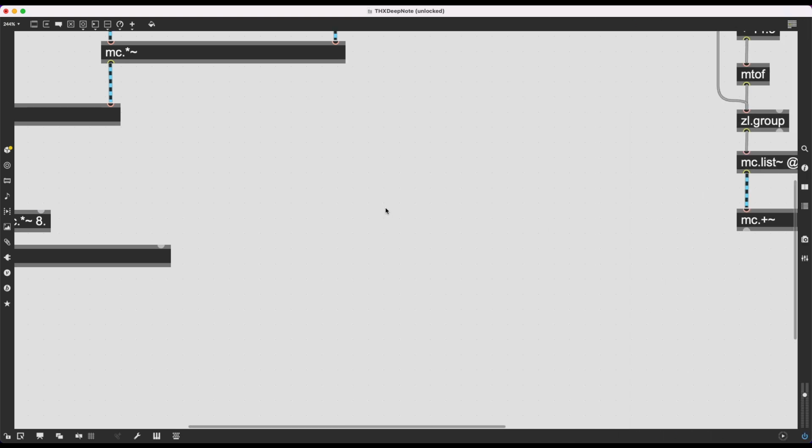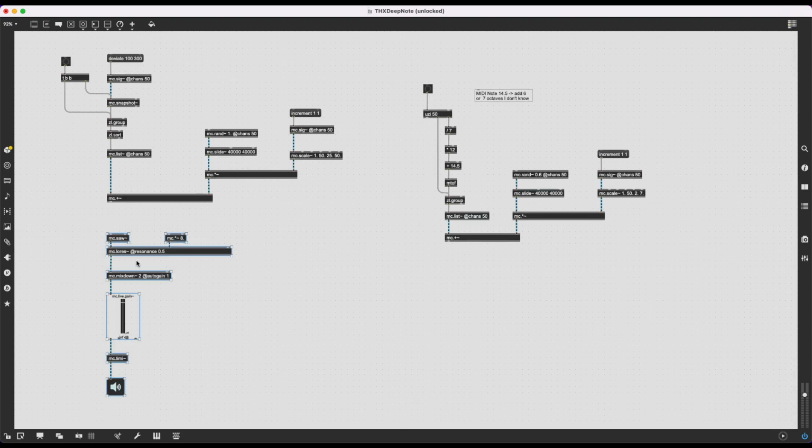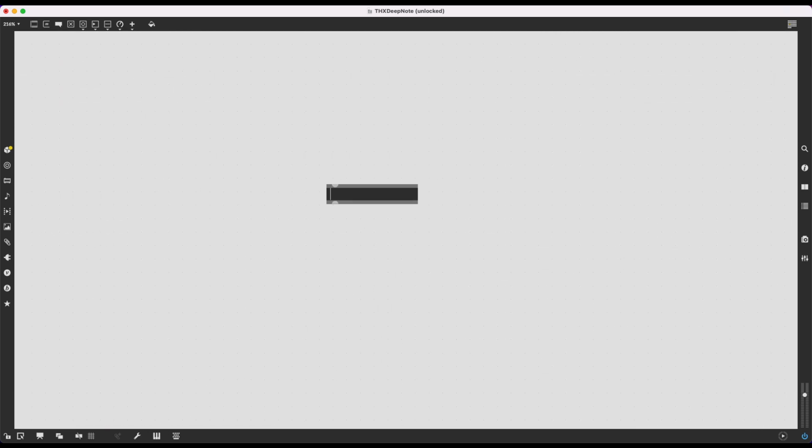However, linear interpolation is indeed what I need. I have these two audio signals containing frequencies here, and I want to morph one into the other. If I can do that, then I'm going to have the beautiful result that I want. Luckily, there is a way of interpolating between audio signals, and that is through the magic of Gen tilde, which